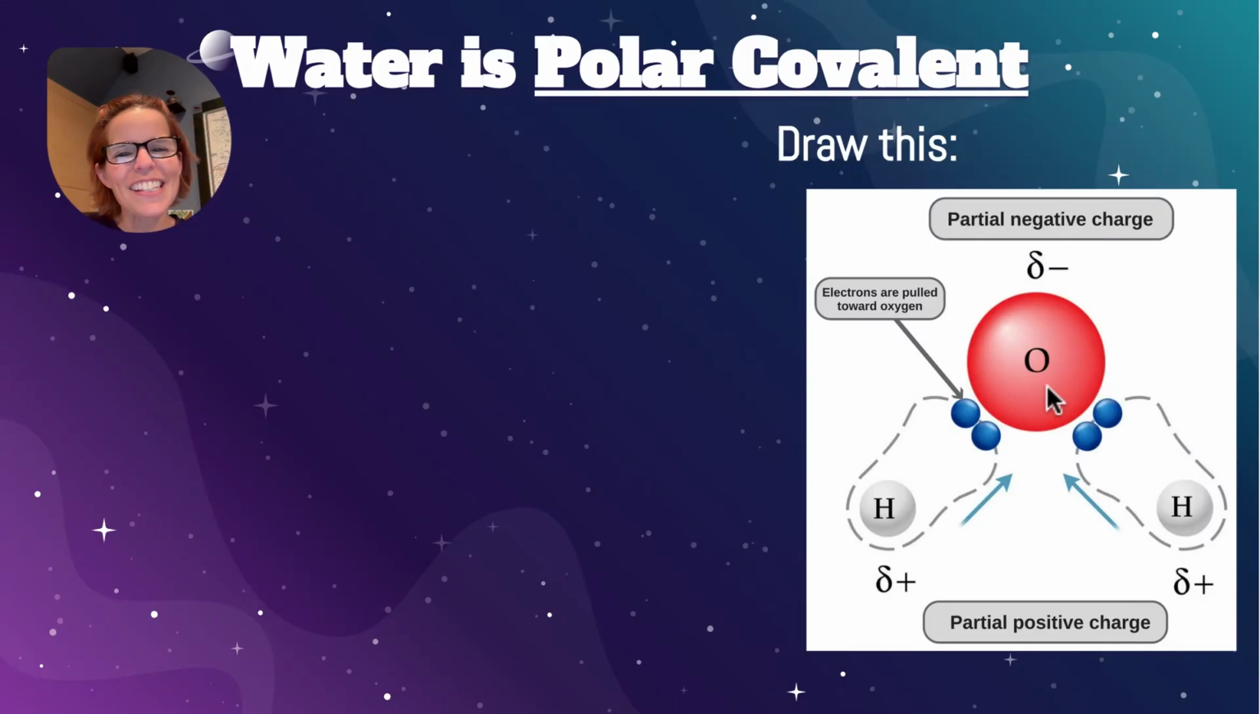So you're going to draw this. This is a picture of water. So there's an oxygen atom. Oxygen is the bully here, everybody. Oxygen is the more electronegative atom. It is bonded to two hydrogens. Remember that it's bent. We learned that in previous notes that we were taking. The blue spheres represent the electrons that they are sharing, and the electrons are being pulled closer to the oxygen